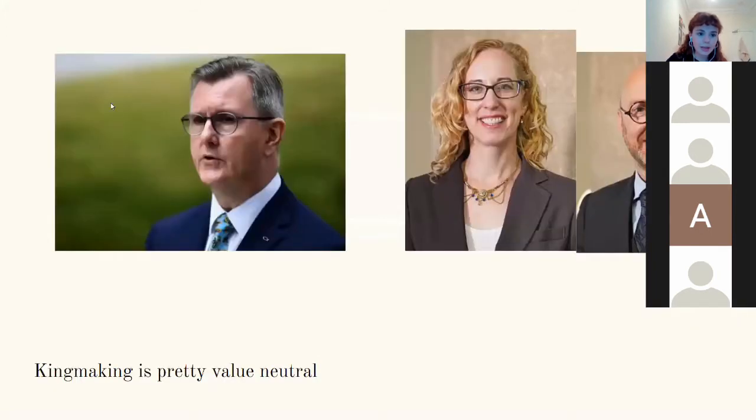On the kingmaker effect, it's pretty value neutral. So we have examples, for instance, of the DUP being an example of a radical party that most of us would consider unfavorable or not great in government because they don't usually cooperate a lot. Most of the time they're holding up policy decisions when they're acting as kingmakers. Then you also have some cases where maybe it could be good. So you have Green Party representatives.